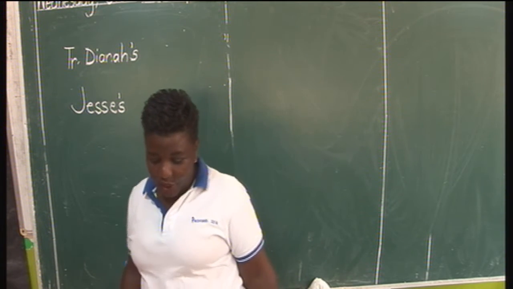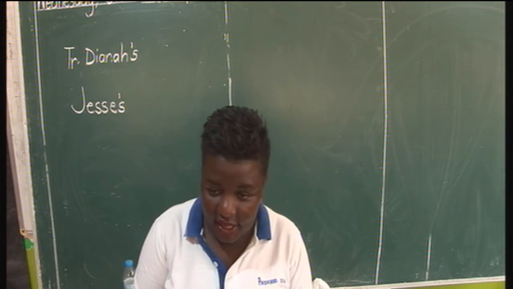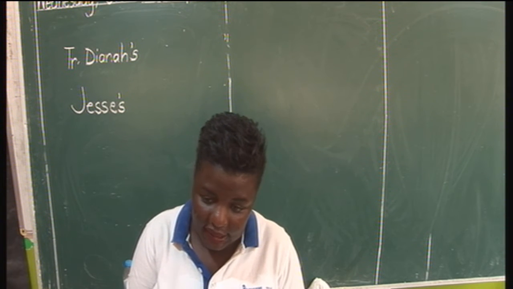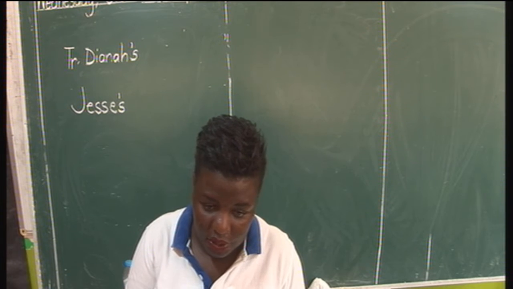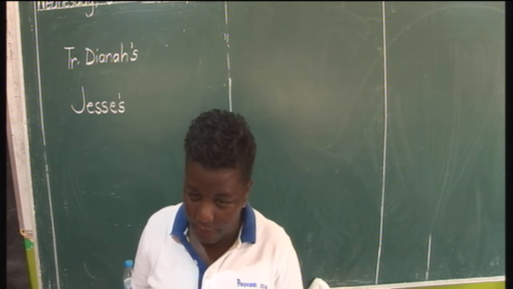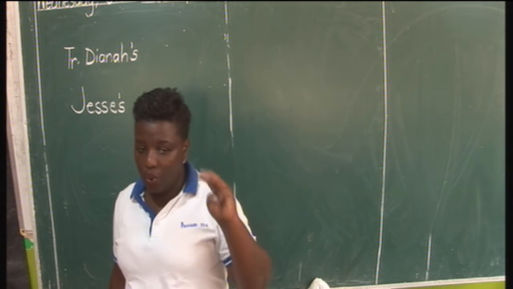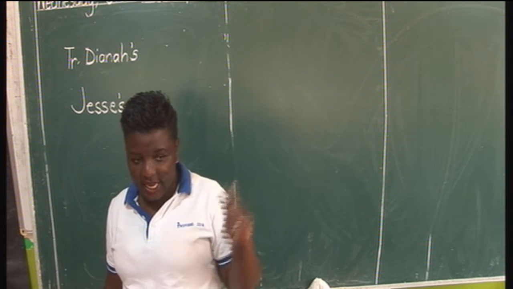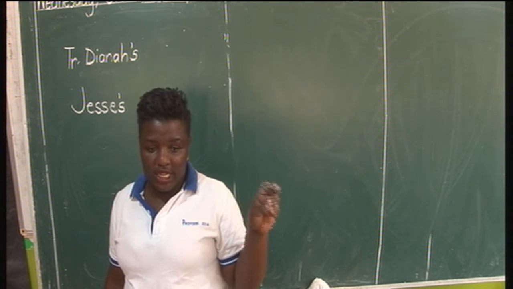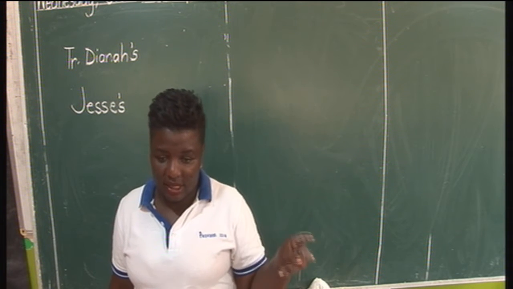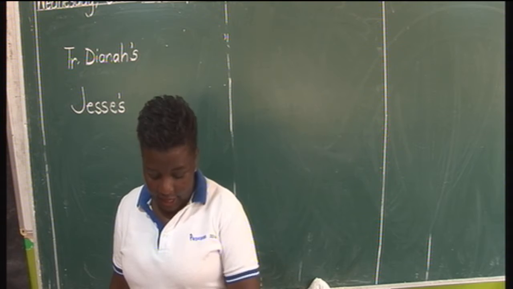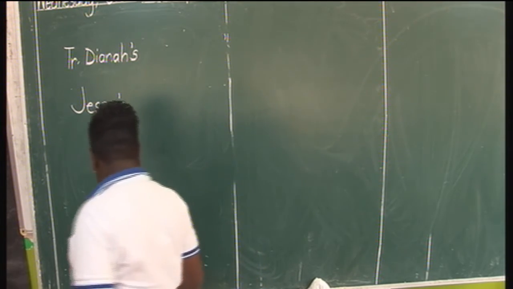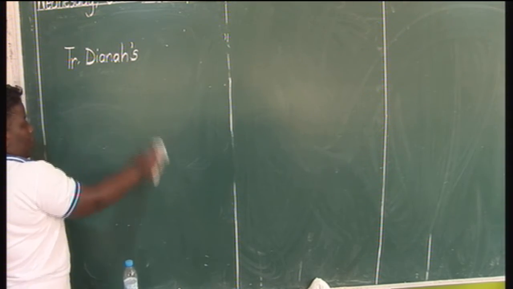Another way we can use an apostrophe is when writing short forms of words. So we can use an apostrophe when writing ownership or belonging, like we said, Diana's book, teacher's chair, mommy's bag, and another way is writing short forms of words. For example, we have the word